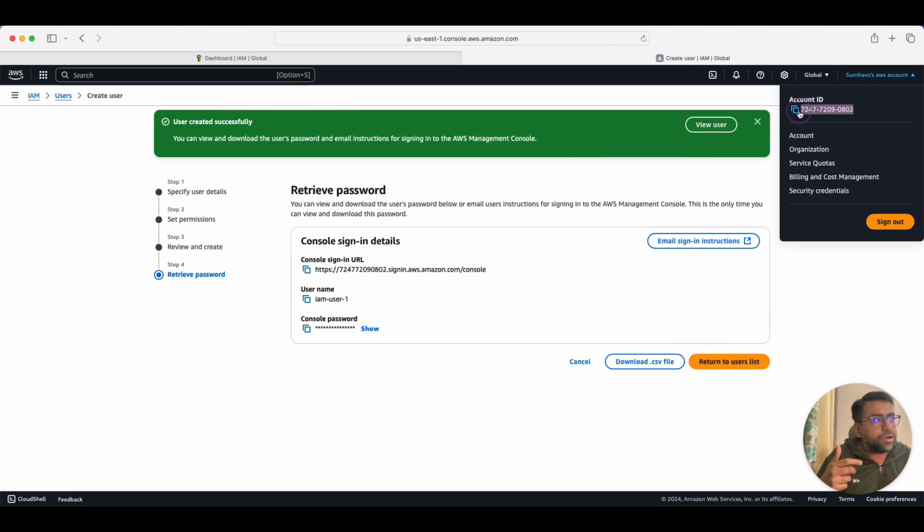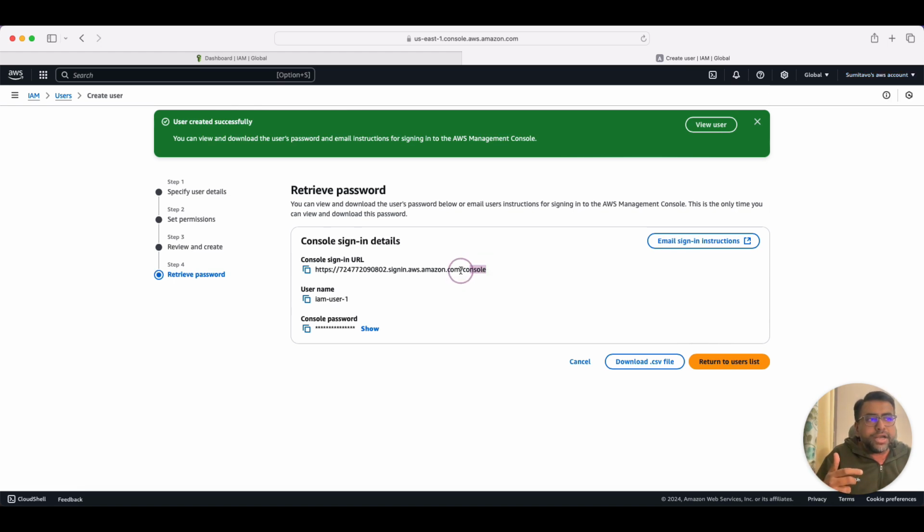So this is your account ID basically, and through this URL, any IAM user under your account can log in using their username and password. But before that, I will show you one more trick. So you can see here that this URL is generally not so user friendly, right? Because there is a huge number to remember, and it becomes difficult. Although AWS gives you the option to email the sign-in instructions to the intended recipient, there is another way to